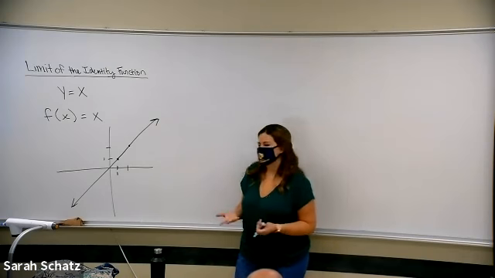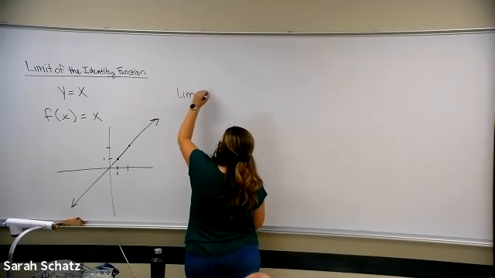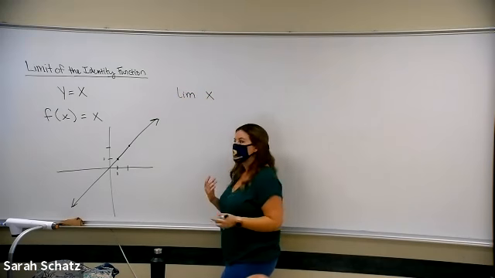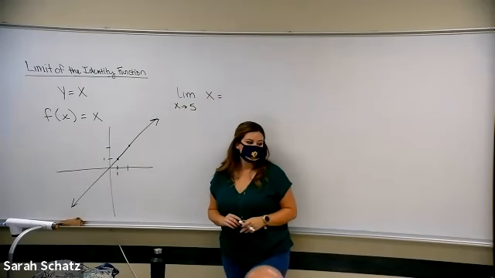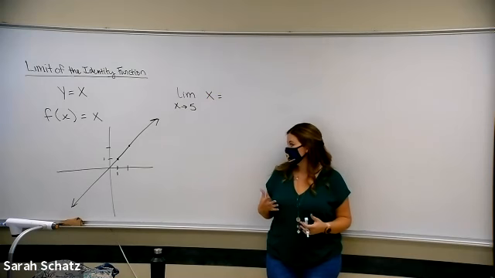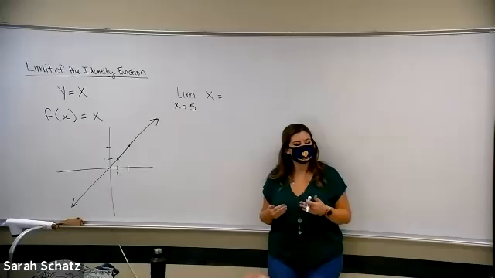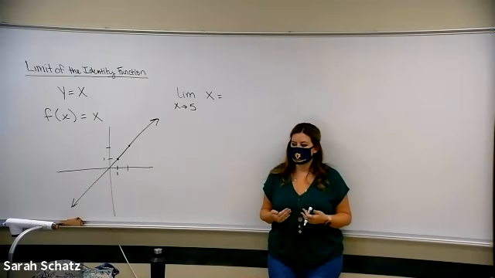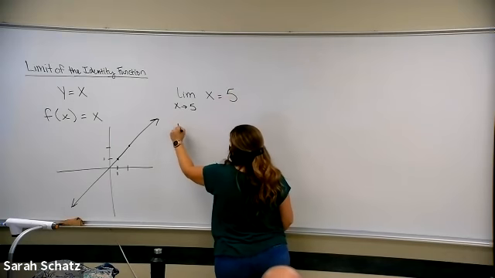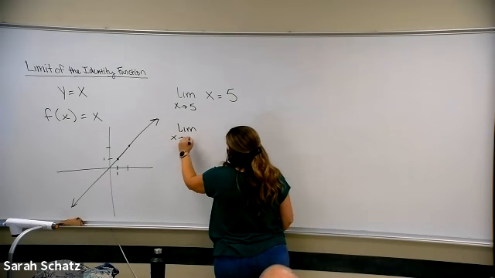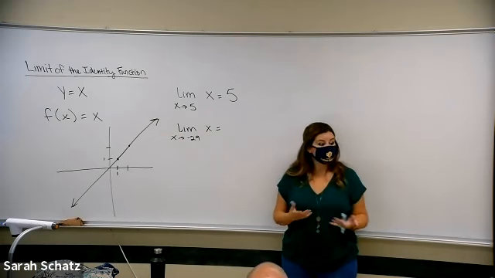Okay, so let's think about a limit. So this is our function, just an x. I want to find the limit of the function x as x approaches 5. Without even looking at a graph, knowing what I know about the identity function, how x and y are always the same, as x approaches 5, what do you think y is also approaching? It has to also approach 5. So if I ask for the limit as x approaches -29 of x, what's the answer going to be? It's going to be -29.